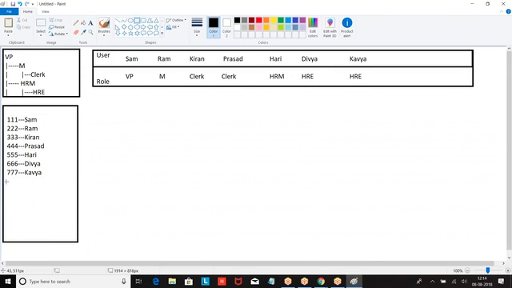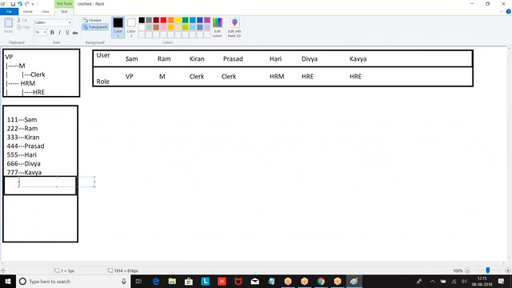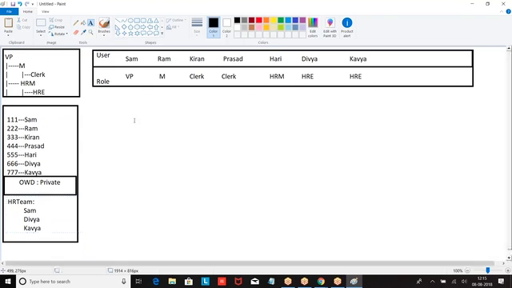OWD is private. Now I have a team called HR team. The HR team, for the users we have Sham. This is the data. So let us see the first example.